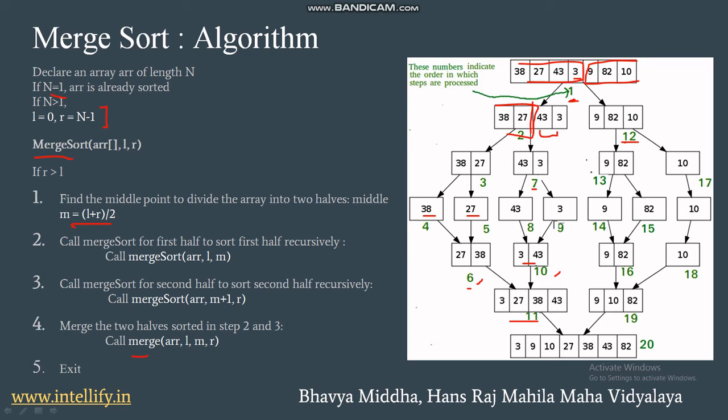So the same process is repeated. First, we consider its first half only, that is just 9 and 82, and then they are sorted and placed. 9 is placed in front of 82. Then we have the arrays in steps 16 and 18, and we sort their elements 9, 10, and then 82, and then we sort the step 11 and the step 19 arrays to obtain the final output in step 20.